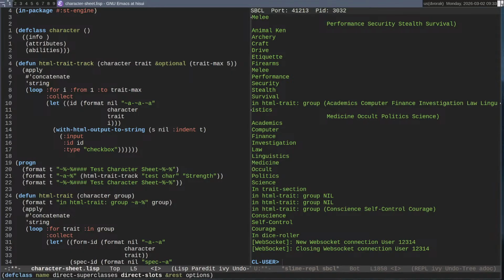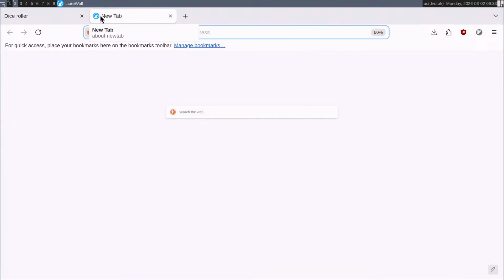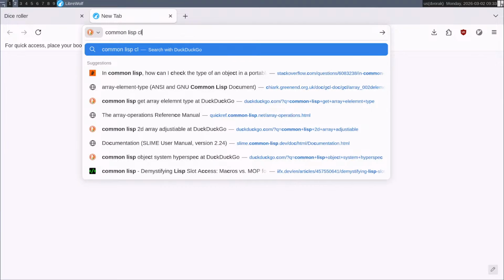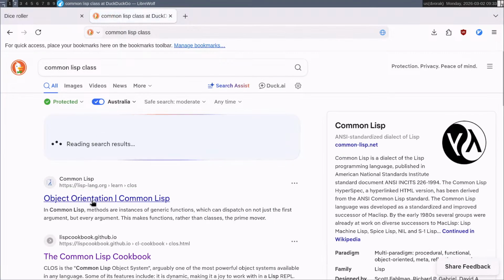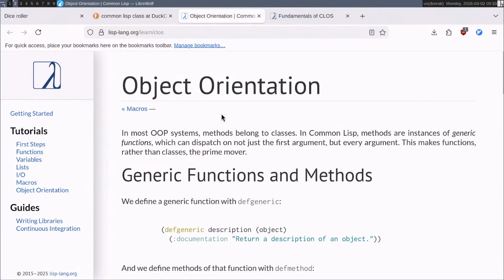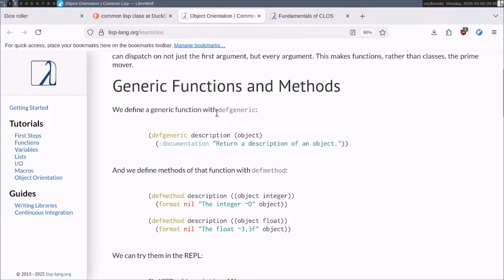Let's see. I don't remember how to declare a class. Common Lisp class. The cookbook is probably good, but this page, no, I have the text big for the stream. I need to not shrink it.